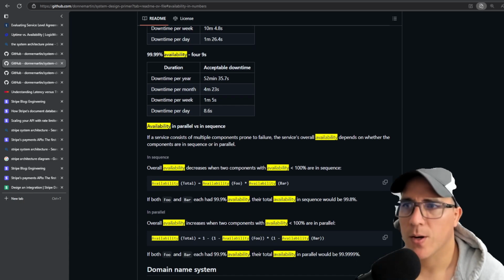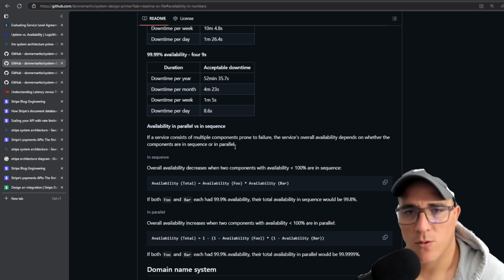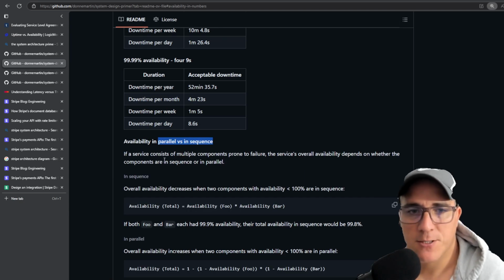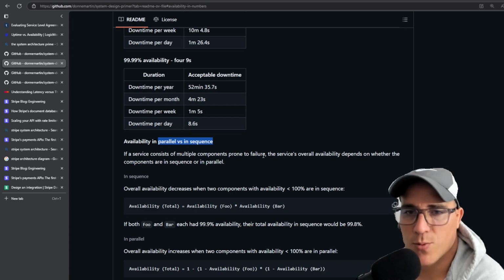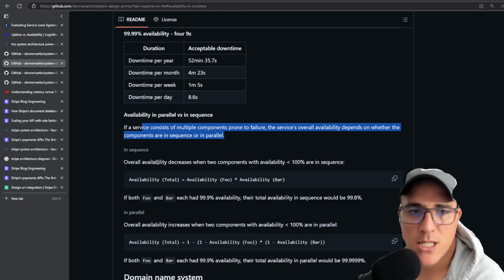Okay, here we go. So you need to understand that there are different ways to calculate availability, and it varies depending on whether you use components in parallel or in sequence. So let's read this little piece here. If a service consists of multiple components prone to failure, the service's overall availability depends on whether the components are in sequence or in parallel. So, in sequence,